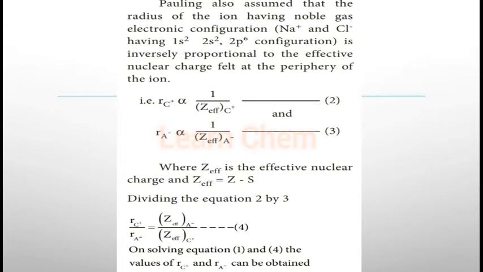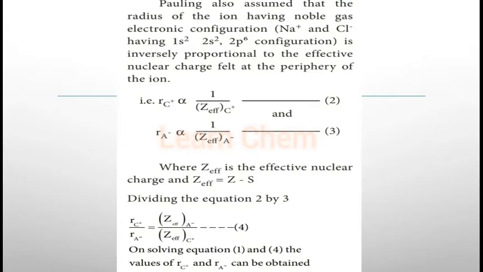Sodium has the electronic configuration 1s2, 2s2, 2p6, 3s1. If you remove the electron, it becomes 1s2, 2s2, 2p6 only. In the case of fluorine, we have only 9 electrons, so the last p shell has only 5 electrons in it. If you add an extra electron, the 2p shell gains it and becomes 2p6. So the two ions have the same electronic configuration.